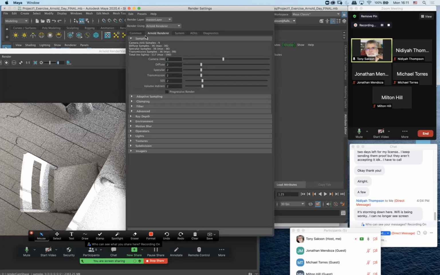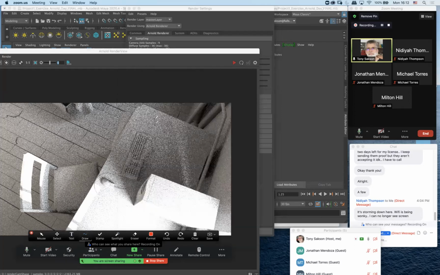You'll notice in the Arnold renderer at the top, which is where we're going to spend all our time today, you've got camera AA, diffuse, specular, transmission, subsurface scattering, indirect volume. The only ones that we're going to worry about right now